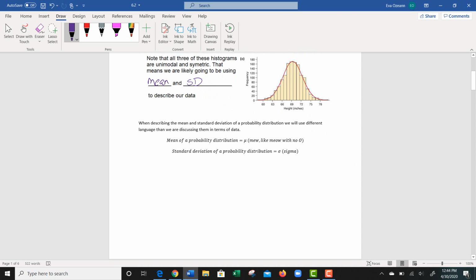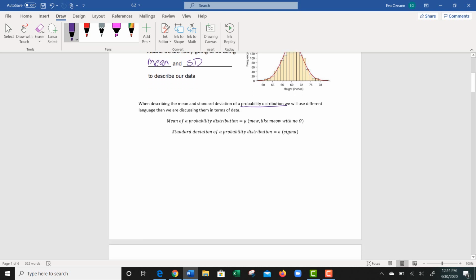Now, really quick, when we're talking about probability distributions, the probability that we see something, we're going to use a little bit different language. You can almost think of them as interchangeable. When we're talking about the mean of a probability distribution, we're going to be using mu. And when we talk about the standard deviation, we're going to be using sigma. So if we were to draw a normal curve,